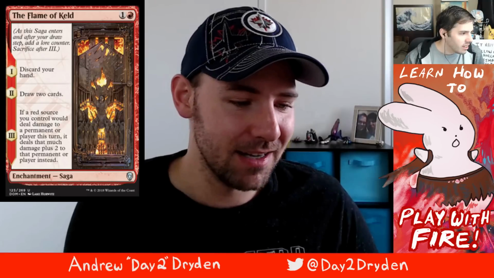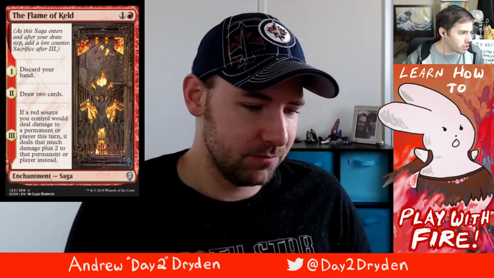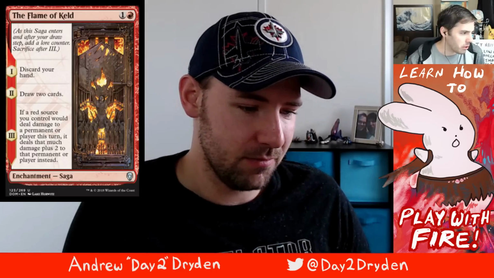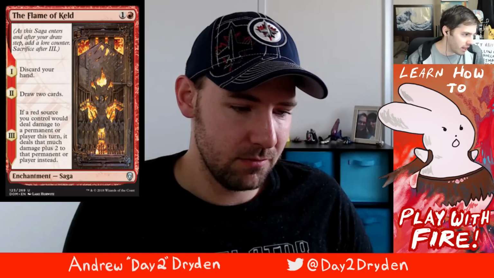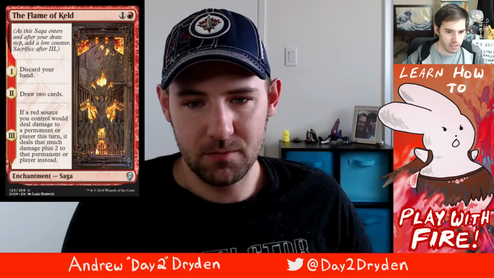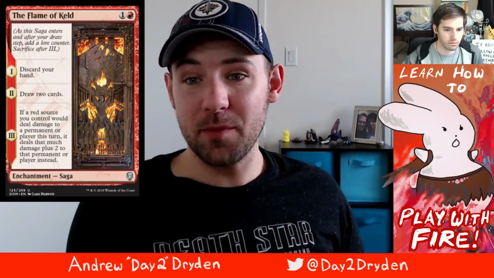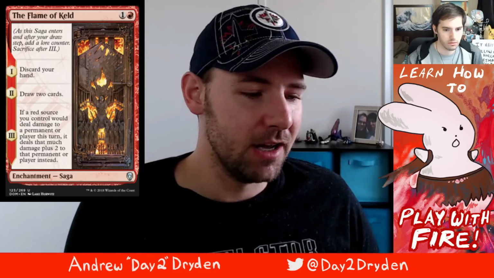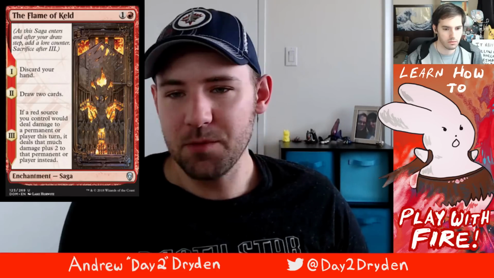Sorry, if a red source you control would deal damage to a permanent or a player this turn, it deals that much damage plus 2 to that permanent or player instead. So your bolts deal 5, your Goblin Guides deal 4, your Lavamancers deal 4. It's pretty good. I think the big problem with this though is that by the time you've already emptied your